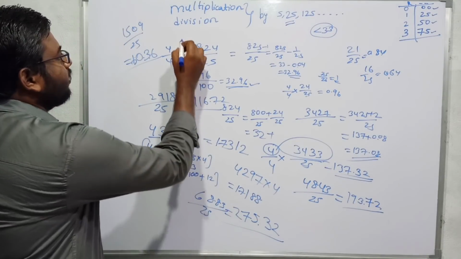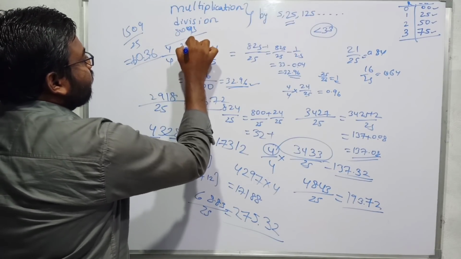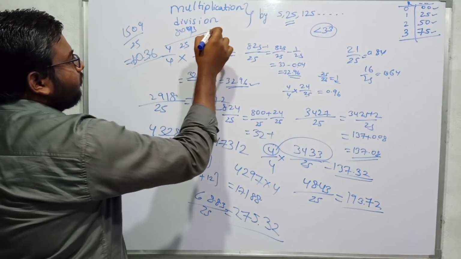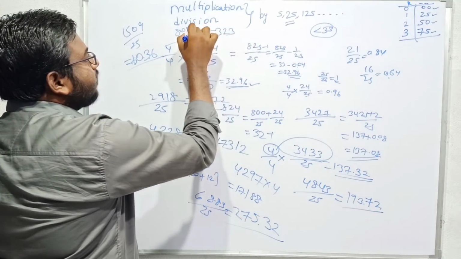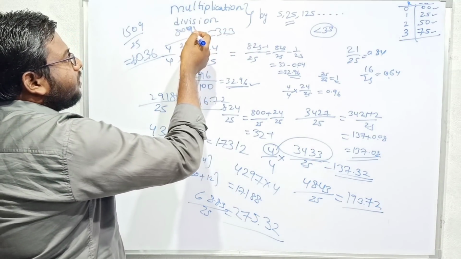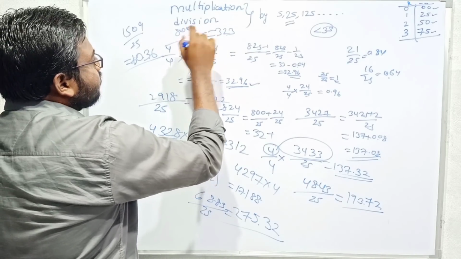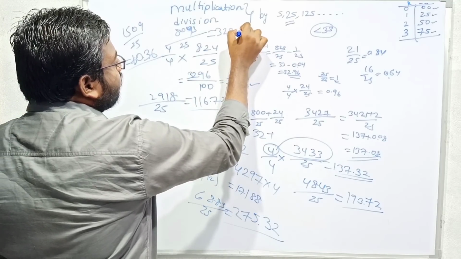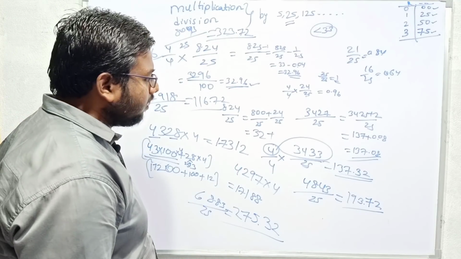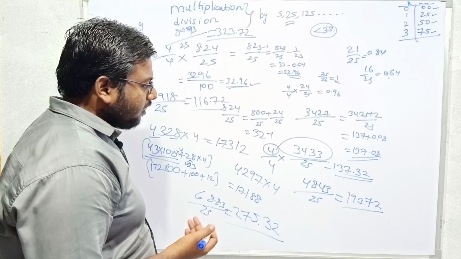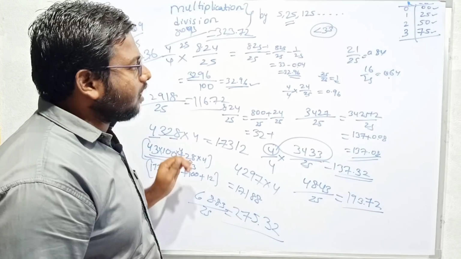For example, 8093, we will take 8093 by 25. For example, 80 fours are 320, 320 plus 3, 323. This is 93. How much more from 25 means this will be 18 more. 75 plus 18 is 93. This is point 72. 323.72 will be the result of this, and you can calculate in this way the division with 25 without touching the pen. We will see examples of it in the last part, and we will discuss some problems on it.